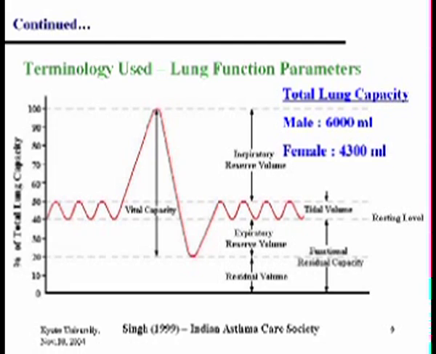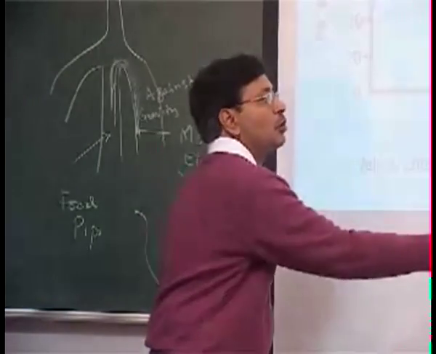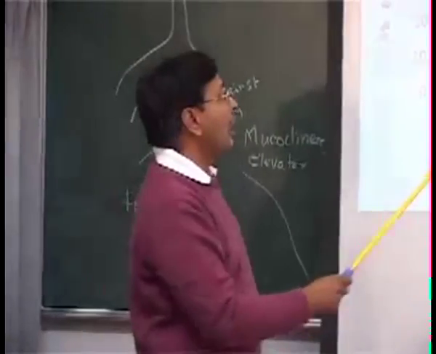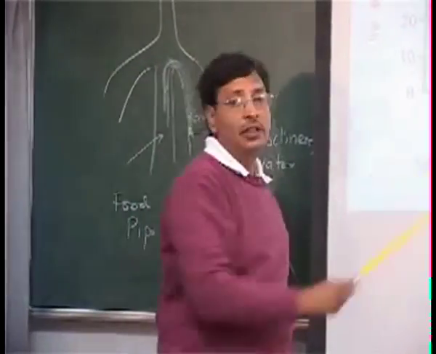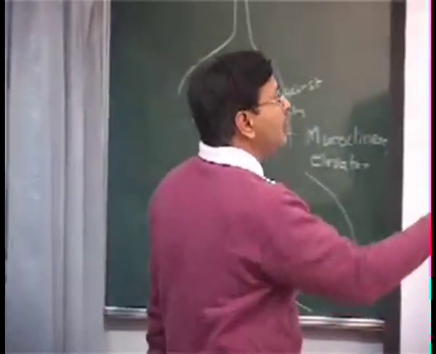That kind of volume is always present in the lungs. So the total capacity minus the residual volume is called the vital capacity. Why vital? It is vital because from the operational point of view, this is what we can use, not so much the rest. So this is what we call the vital capacity, and again I can transfer this into volume units, so this is what is measured in volume.